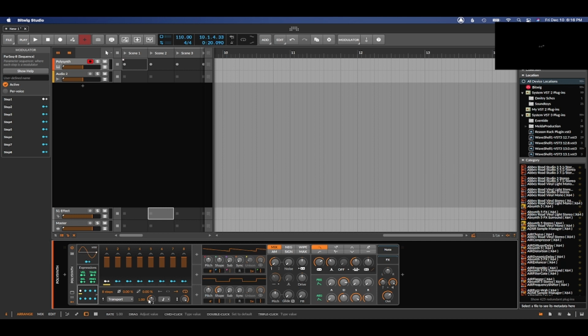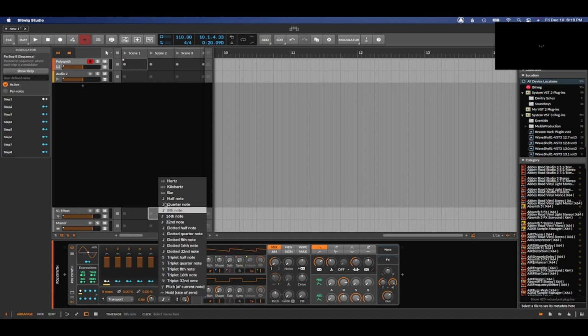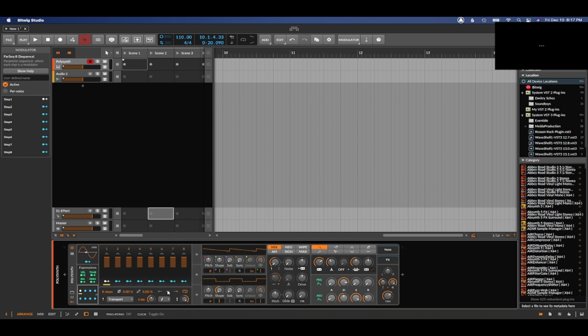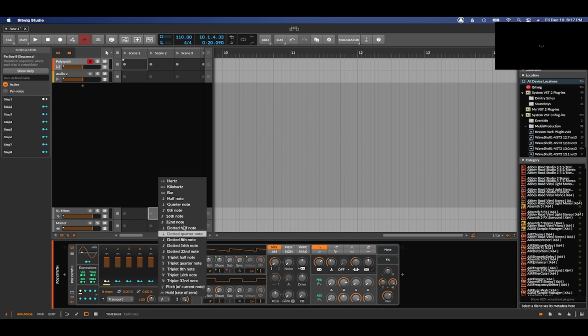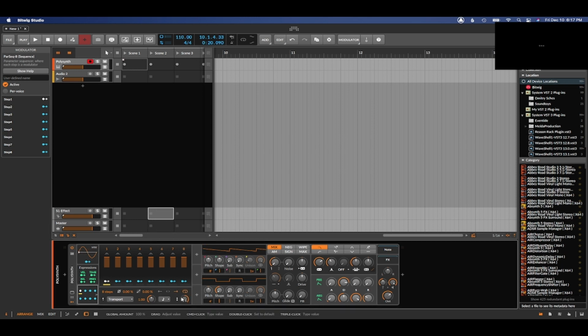This is the rate, so you can manually change the rate, or you can go into the different note values, like 16th notes, 8th notes. And then right here, you can designate how much this modulator is affecting the parameters that it's assigned to. Okay, and then also here you can assign a value, so you can adjust the value. So you can assign this to any parameter, and then you can change the value of the parameter using this